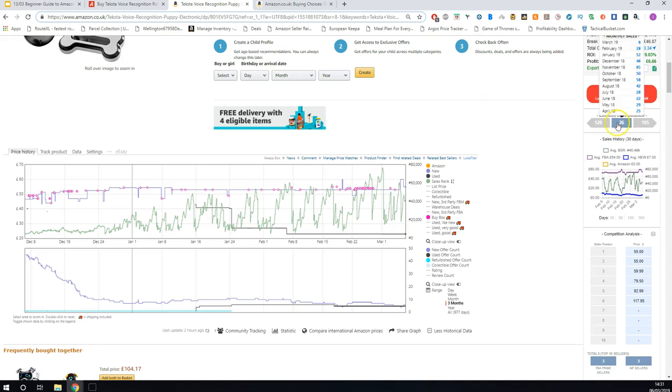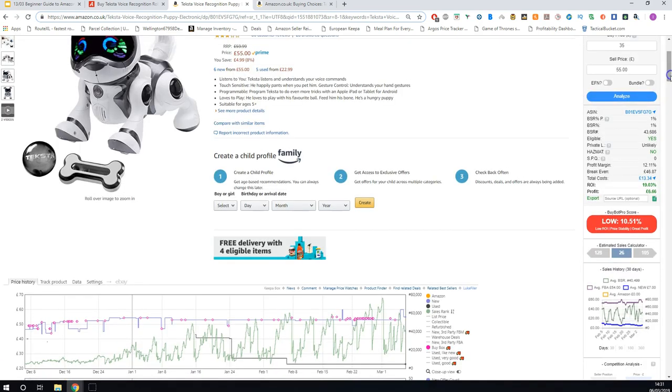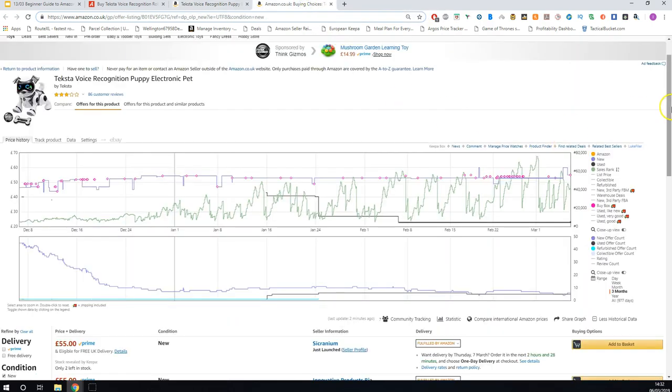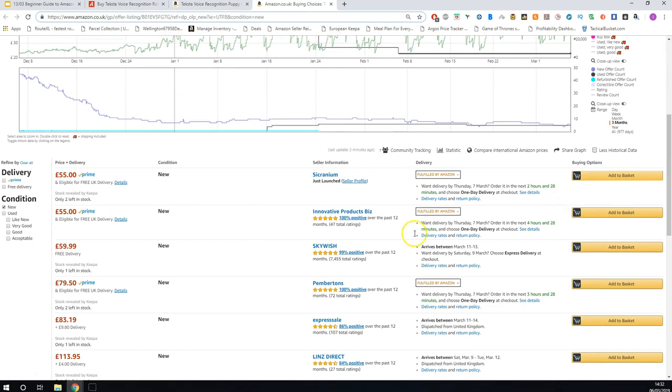So yeah, 27 divided by 3 is 9. So you might want to say if you're going to buy this product, you probably want to buy around 9 of them. There's other factors, but as a beginner, that's a rule of thumb. So here, as you see, it doesn't say how much stock they've got. What you can do is click Add to Basket,